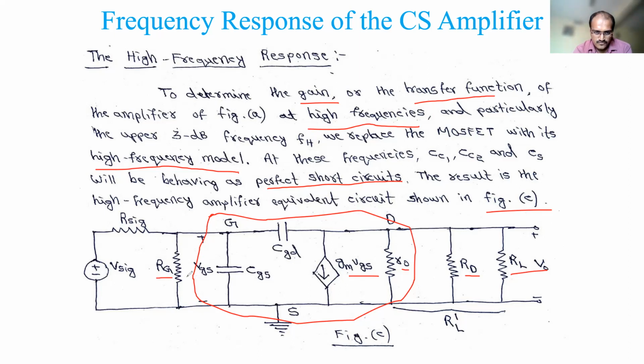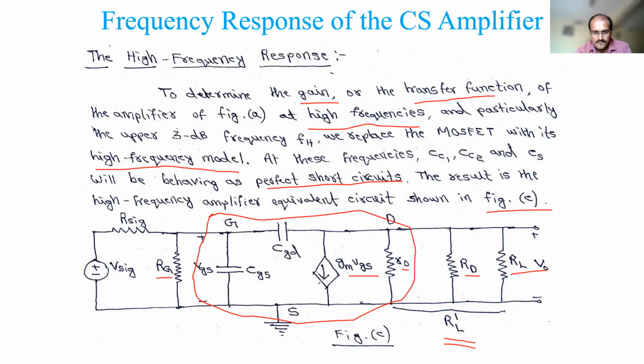So now we have to do the simplification of this circuit to get the final frequency. One of the things I have considered here: at the output side, R0, RD, RL are in parallel, so this can be simplified, and I will denote this equivalent resistance as RL dash. Remember this. RL dash is nothing but R0 parallel to RD parallel to RL. I will denote it this way because every time I would otherwise need to write R0 parallel to RD parallel to RL in the equations, so to avoid that, I will call this RL dash.